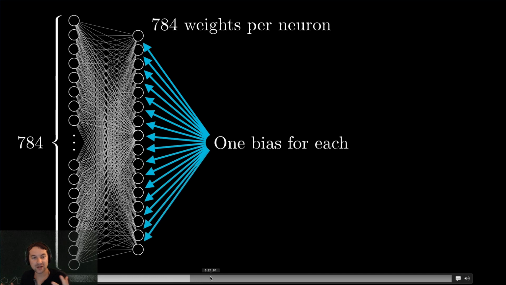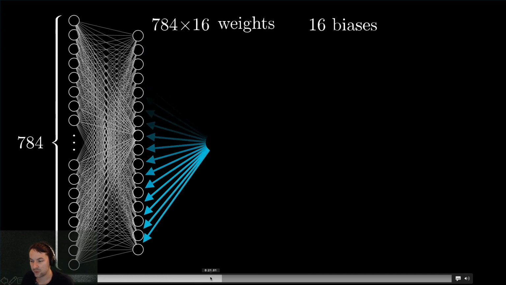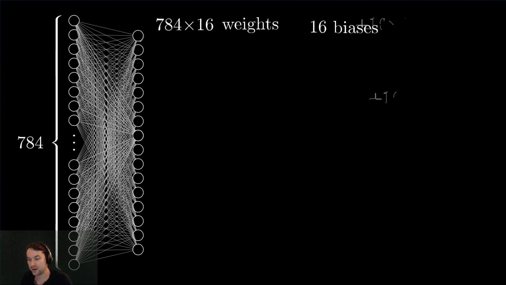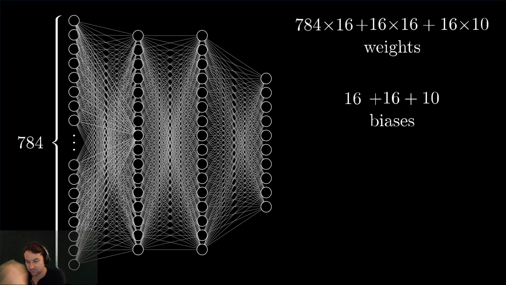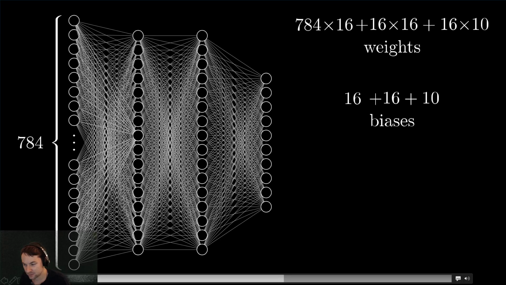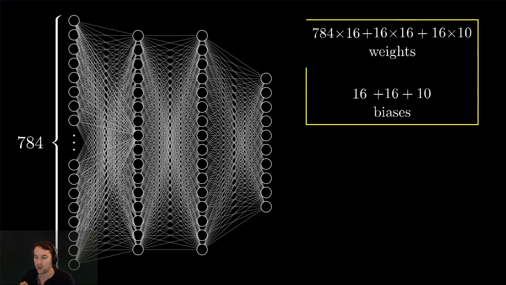So this would be a fully connected layer in which every neuron is connected to every other neuron. And then we would have another fully connected layer followed by an output layer. And that output layer is really just the digits 0 through 9. So what we're trying to do in that output layer is say, hey, I have all this stuff. I want you to try and figure out how to